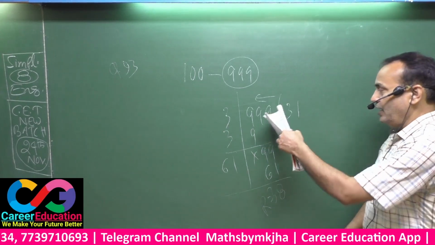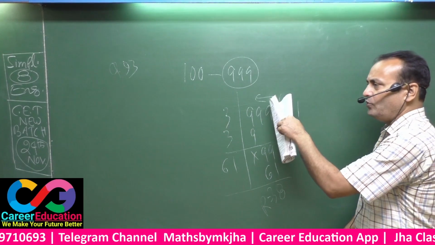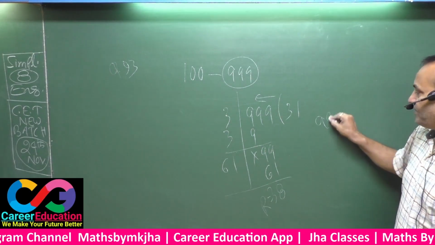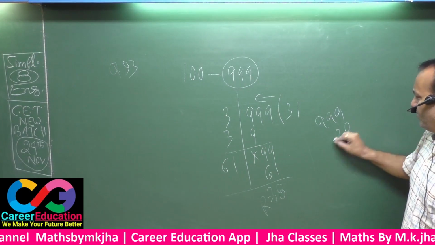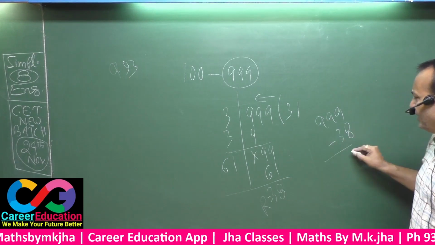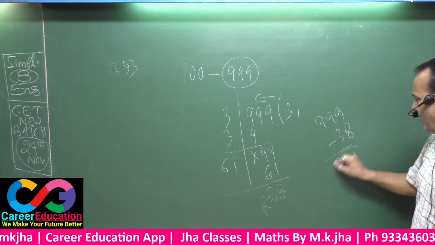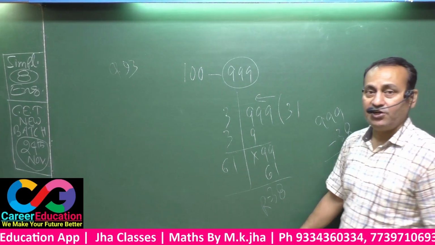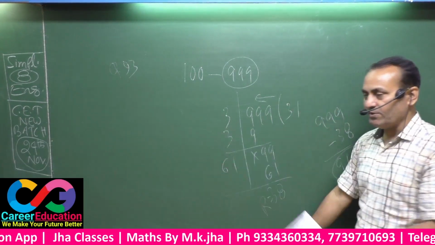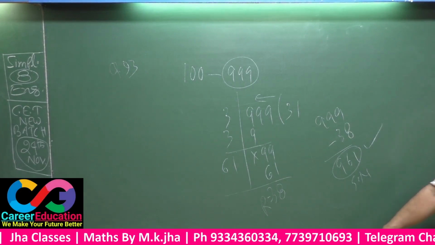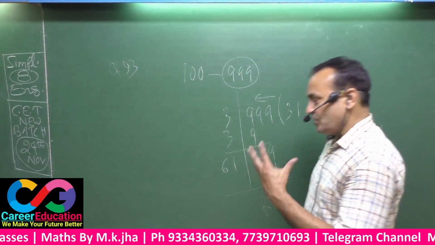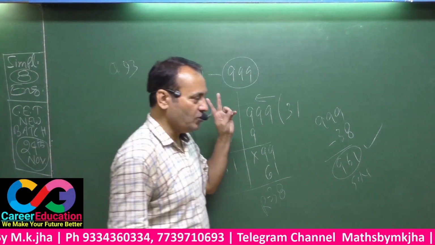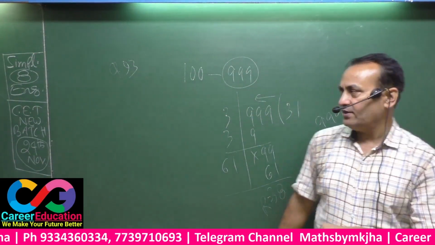That means if this is the biggest 3-digit number taken by you, certainly this remainder must be subtracted from it, and you are subtracting 38 from 999. That means this will be 961, and this is certainly the biggest square number of 3 digits. Of course, the answer must be 961. Be noted. The same question is this one as well. There it was only 2-digit numbers. Here it is 3-digit numbers.